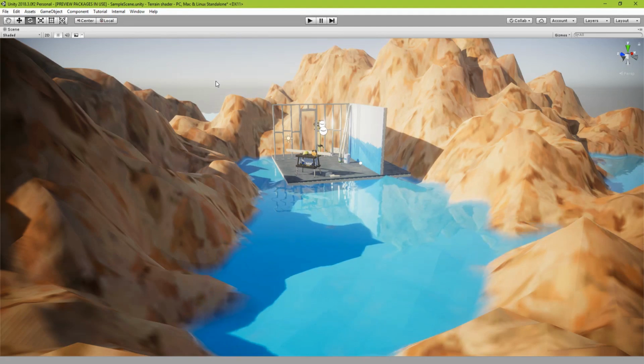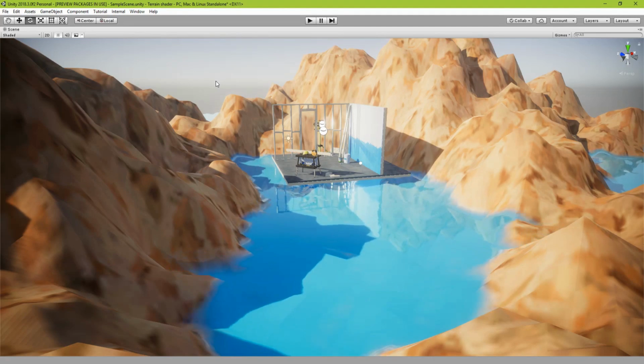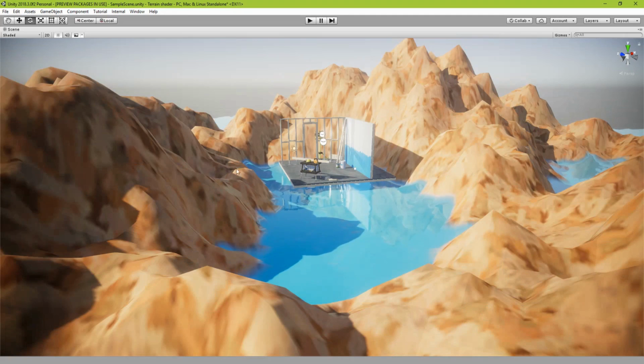Hello everybody and welcome to another shader craft tutorial. In this tutorial we are gonna look at this terrain shader in which you can